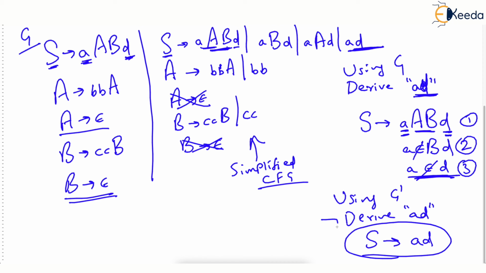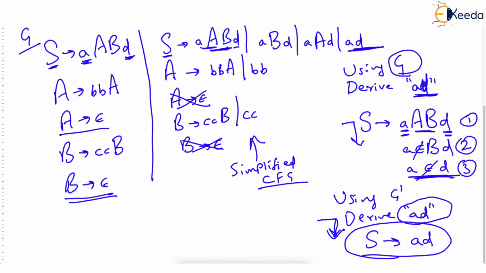So the number of steps needed to derive the string is much less than the number of steps required to derive the same string using the original grammar. You can say that the program implemented for deriving the string using the original grammar will need more steps, whereas the program written to implement the new grammar will require fewer steps. By simplification, we mean simplicity of deriving a string, not appearance. You might feel that this grammar is so huge. How is this simplified? It is simplified because the number of steps needed to derive a string is much less.